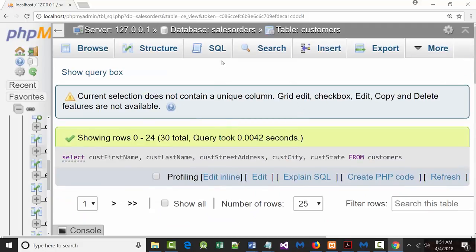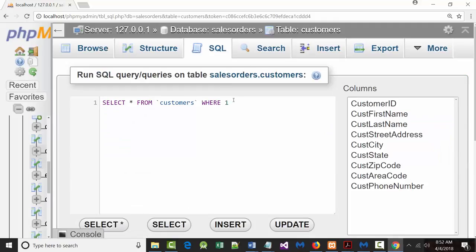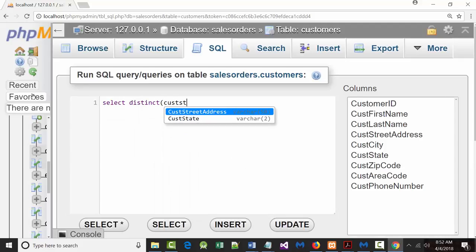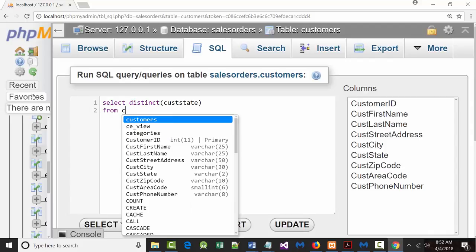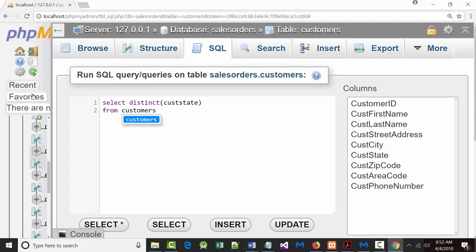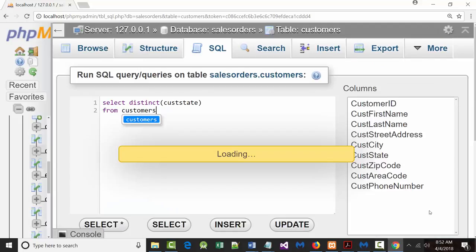Now, if I do come back here, again, don't type this in. This is not part of the answer. But if I say select distinct cust state from customers, can somebody tell me, please, if I run this query, what should that show me? It should only show me each state once, regardless of how many customers I have. So when you look at this and I run it,